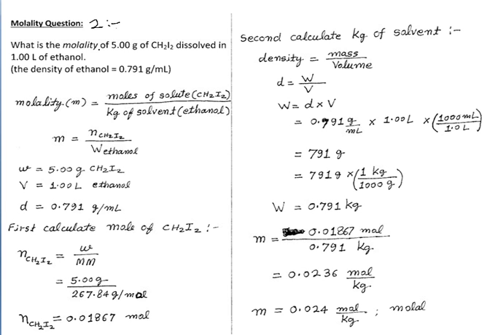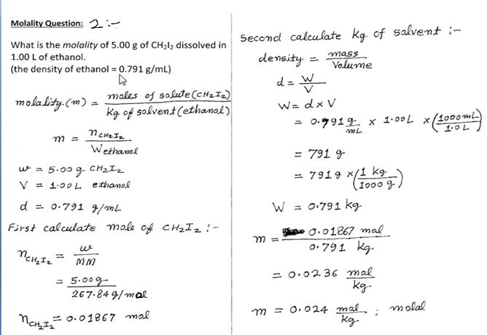Hello dear, in this video we will study about the molality, and this is sample question number 2. What is the molality of 5.00 gram of diiodomethane, which is CH2I2, dissolved in 1.00 liter of ethanol, and the density of ethanol is given as 0.791 gram per